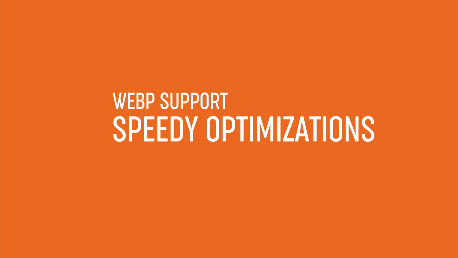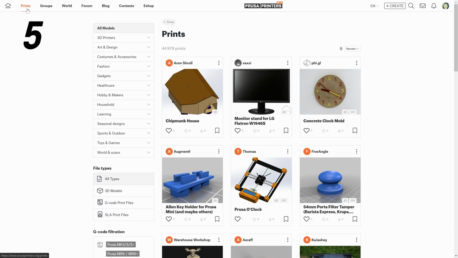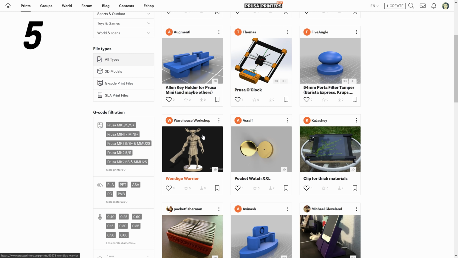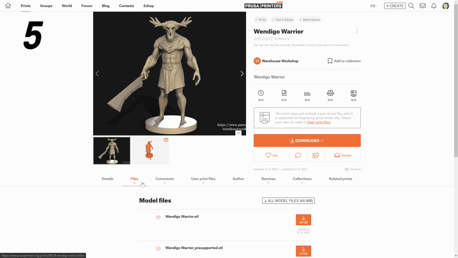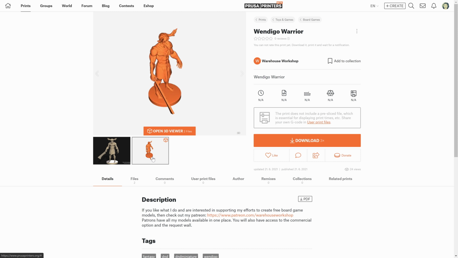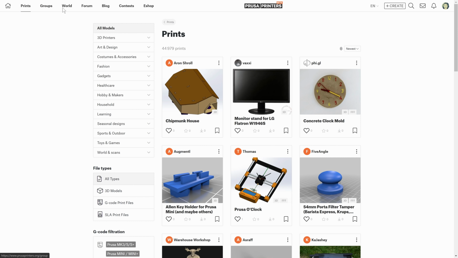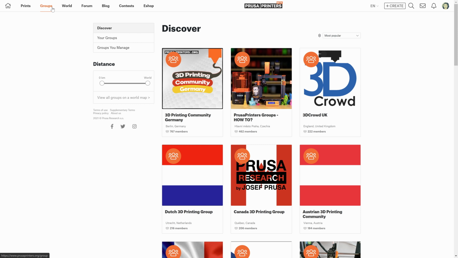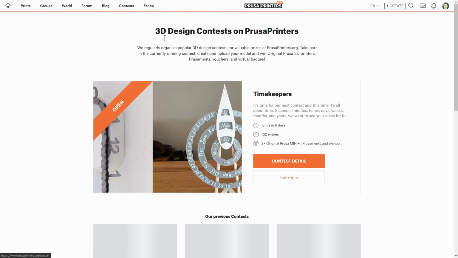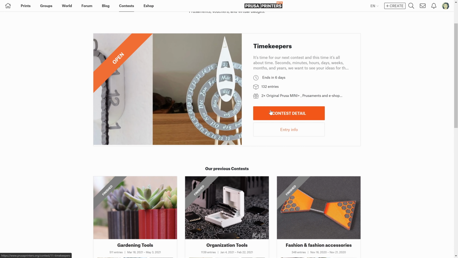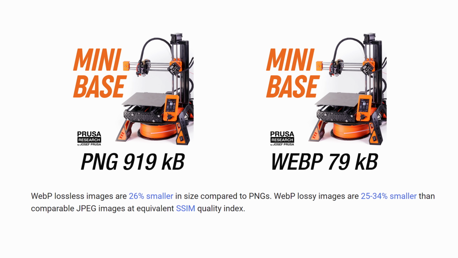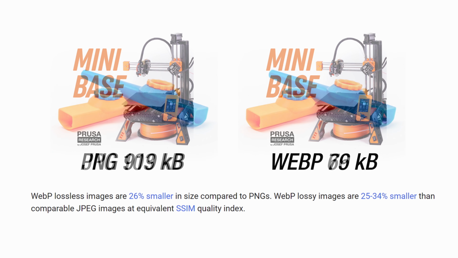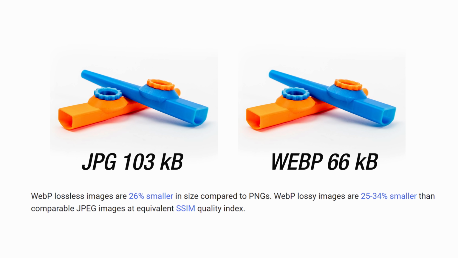We've also worked on the overall application speed. We split the JavaScript code into smaller web packs, so they don't have to all load at once. We've also optimized our database. And last but not least, when the device supports it, looking at you, older Safari, we send the images in the very efficient and open source WebP format. This makes the images load faster and saves your data when you're on a mobile connection.